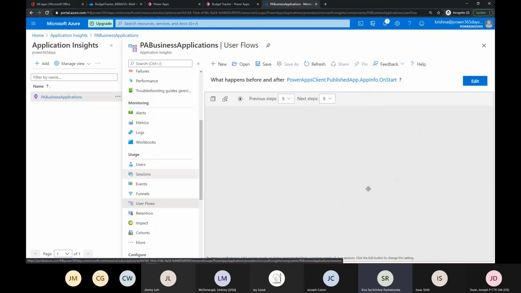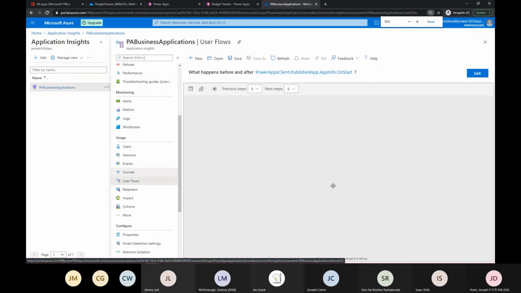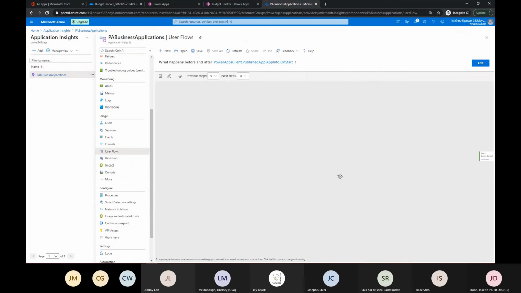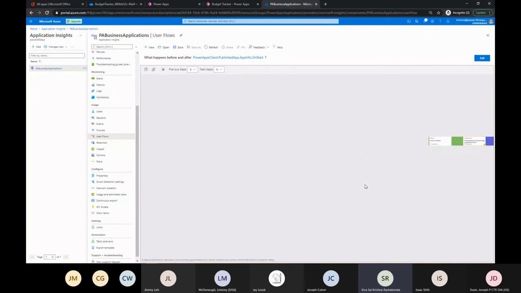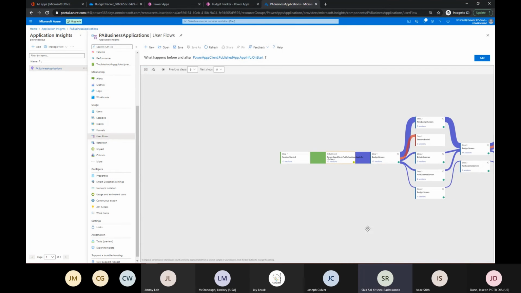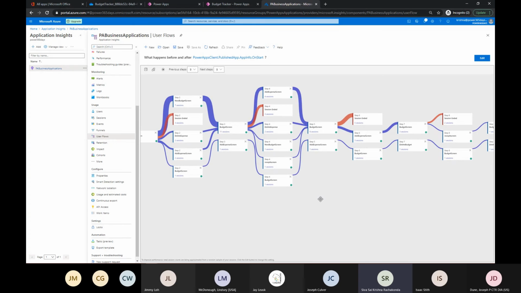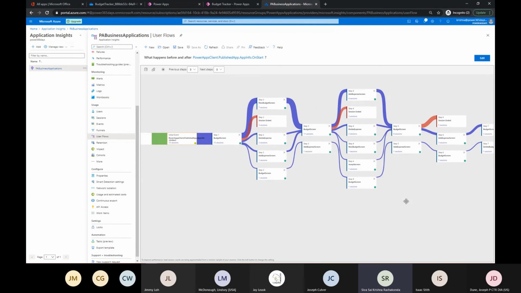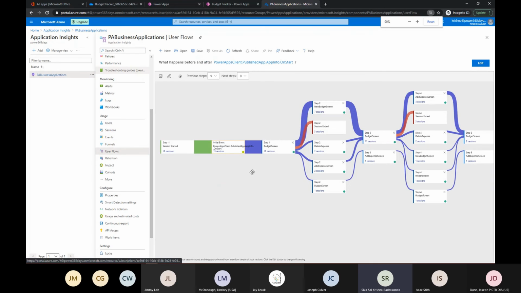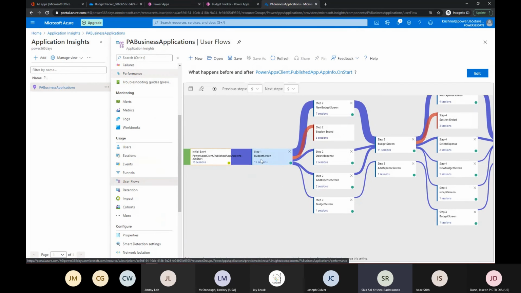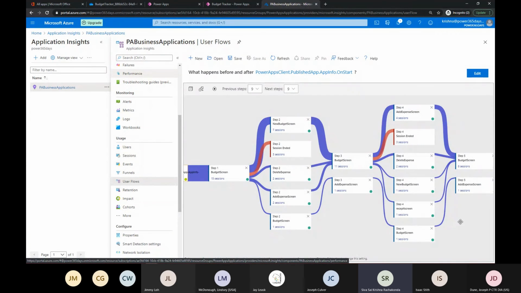Let's see. Yeah, if we see here, I think yeah, this is the 9-step one. Means even though my app has only 3 screens or 4 screens, I can get up to 9 steps, which I'm interested in. So if I scroll here and we see here, the user 15 sessions, they started with budget screen, they went to new budget screen. After that, again, they came back to budget screen. And after that, they again go to add expense screen. So I can see how the flow